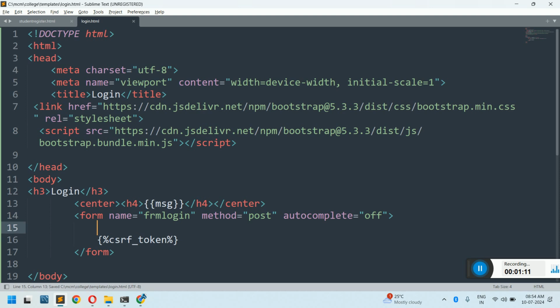So for login, you can take a mobile number or email ID. I always prefer using a mobile number in this case. So I will take the mobile number from the user and the password from the user. So inside this